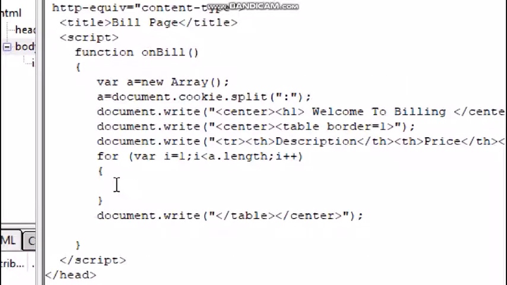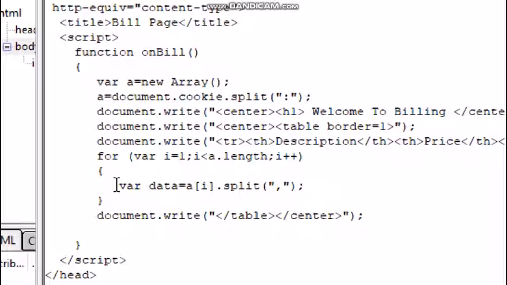Now in between this for loop, we will write variable data equals to A of I dot split with comma in double quotation mark semicolon.